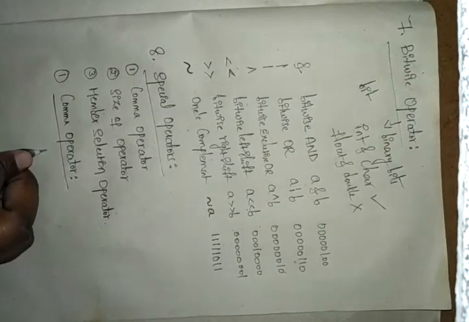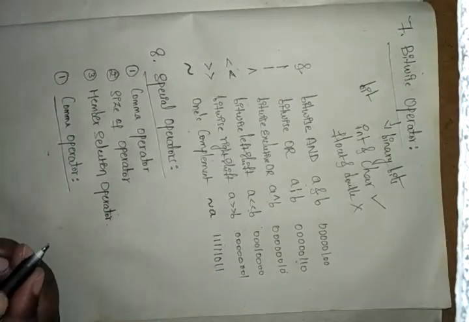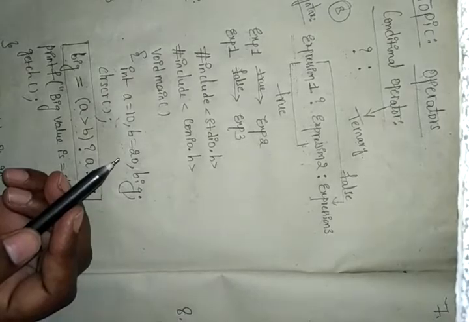You are taking a, b, c, d like this. See, in the previous program we took a is equal to 10, b is equal to 20, and big. In between we are giving the comma. This is a comma operator. After that you have to place another value, and for that we are giving the comma operator.